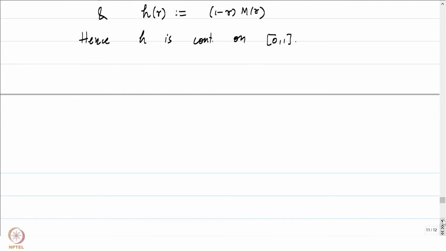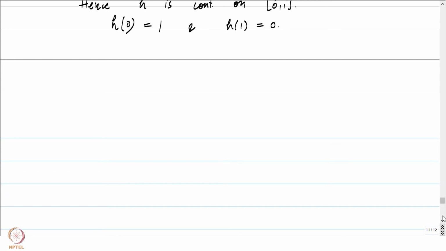Let's observe a few things. What is h of 0? H of 0 is 1 times m of 0. M of 0 is mod f prime of 0, which is equal to 1. And h of 1 is just equal to 0. So by continuity, there is a neighborhood of 1 where it is strictly less